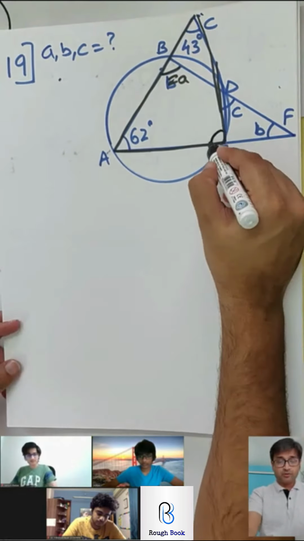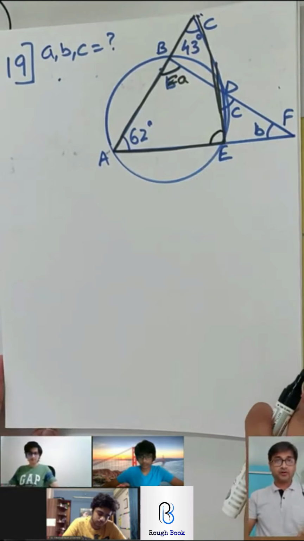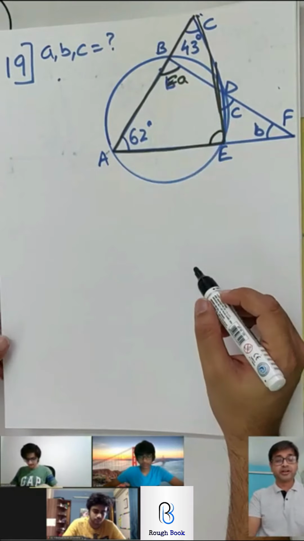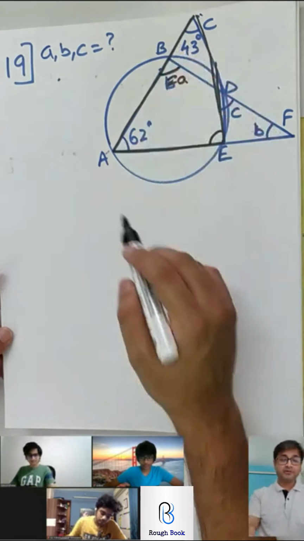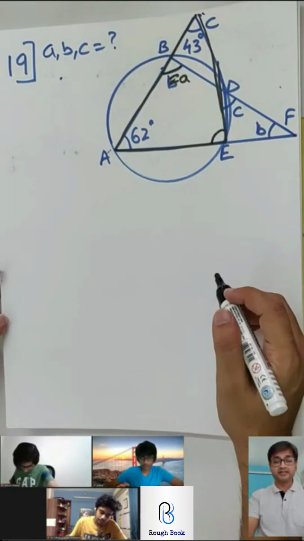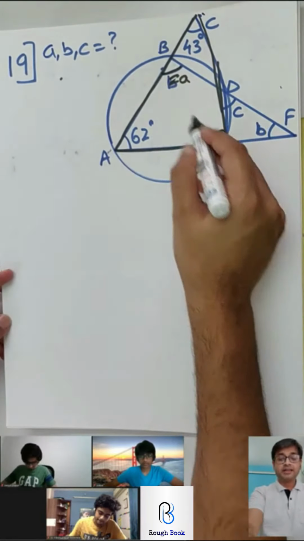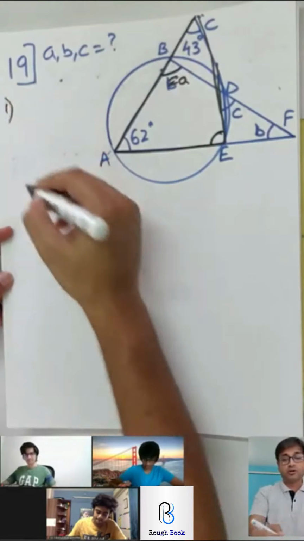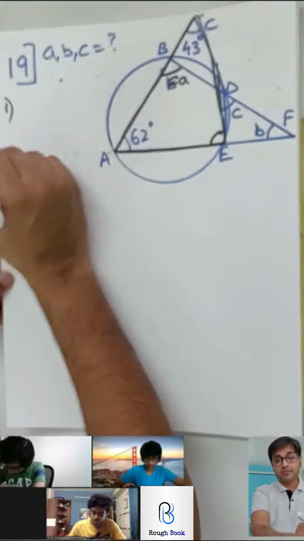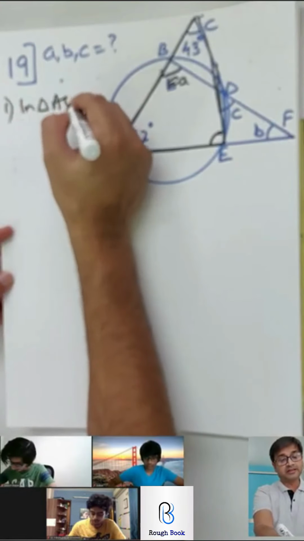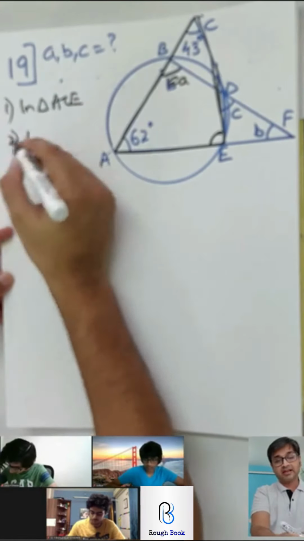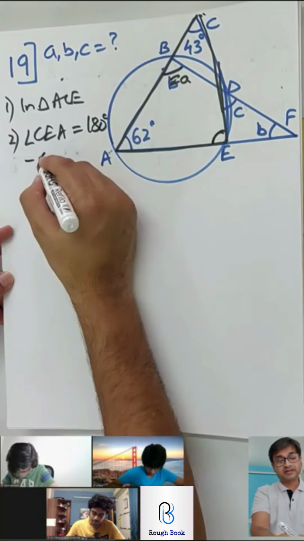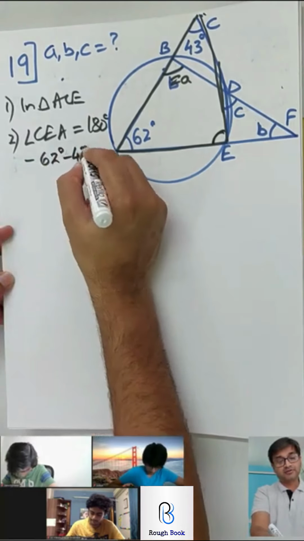But before that you are going to find what? Angle AEC, right? And then you will say... Perfect. So first we are going to take triangle ACE. Absolutely. We are first going to find in triangle ACE, get this angle AEC, and then say opposite angles are supplementary. So come on, hit it, get me A first. Then we'll talk about B and C as well. So step 1, in triangle ACE, I will say angle CEA is equal to 180 minus 62 minus 43.